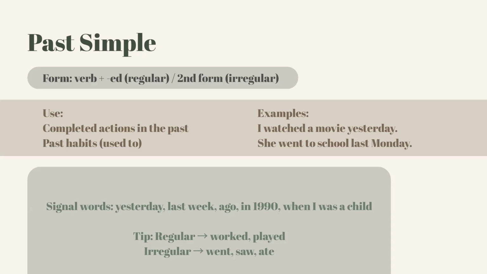That's not how English works. You gotta say went. You can't say seed. You gotta say saw. You can't say eated. You gotta say ate. So these are some irregular verbs as examples, of course, and there are quite